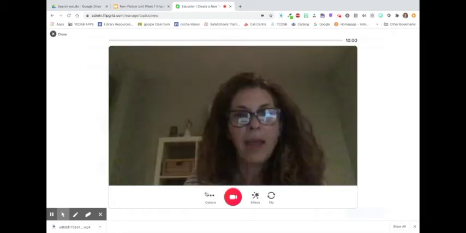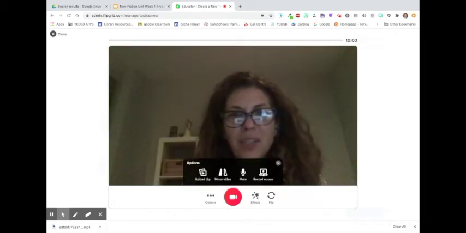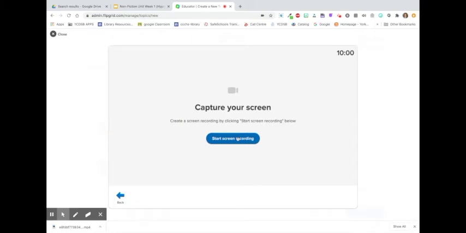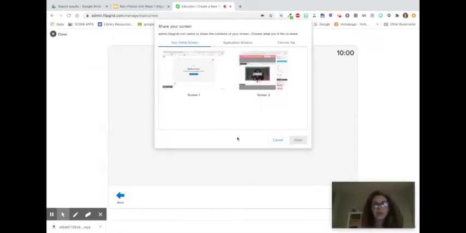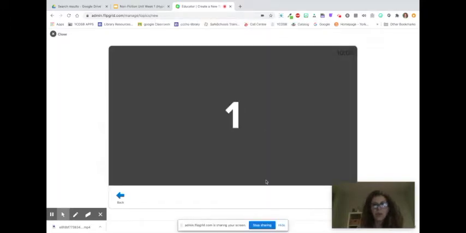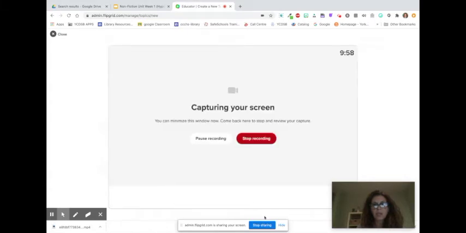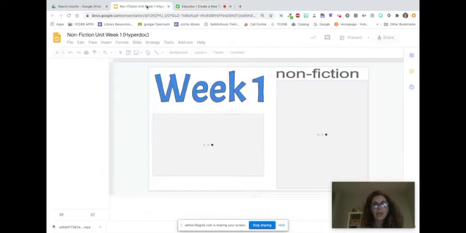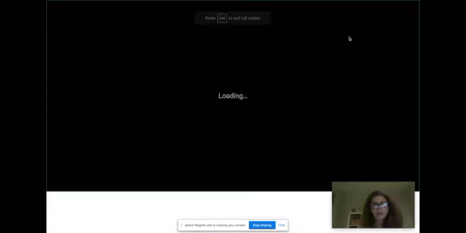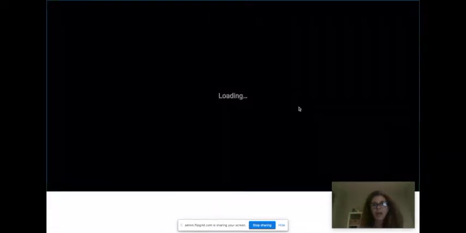And so in the options, in the three dots, you are going to hit record screen. And you're going to start recording your screen, and you're going to select this. And you'll notice that my face went down in the corner, and admin is now sharing my screen. I'm going to hide it. And now I want to make sure that what I want to share is present because I'm sharing my screen. So I'm going to put it in present, and we are now going to talk about the content in my